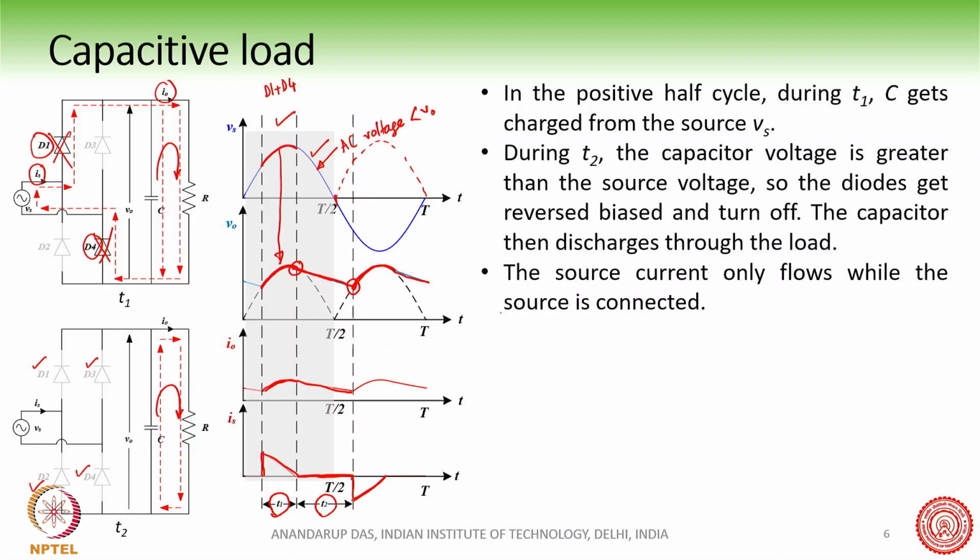In this way, what we see here is that this is the output voltage waveform, which will have a ripple and a DC component here. So this is the DC component, and there is a ripple on the output voltage. So basically, we are able to produce a unidirectional voltage, or a DC voltage output, at the output of this converter.